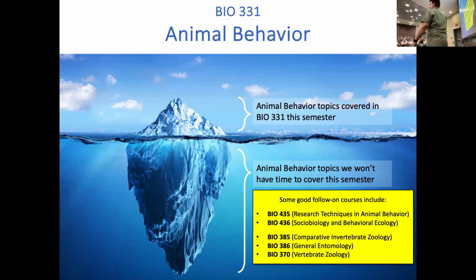And then really any organismal biology class is going to strongly link to this course. So things like invert zoo, entomology, vert zoo, these are all things that, especially when we start thinking about how things evolve, what things are for, what are the mechanisms underlying these things, etc. If you have the lens of animal behavior, it will make these much richer, because you'll look into it and